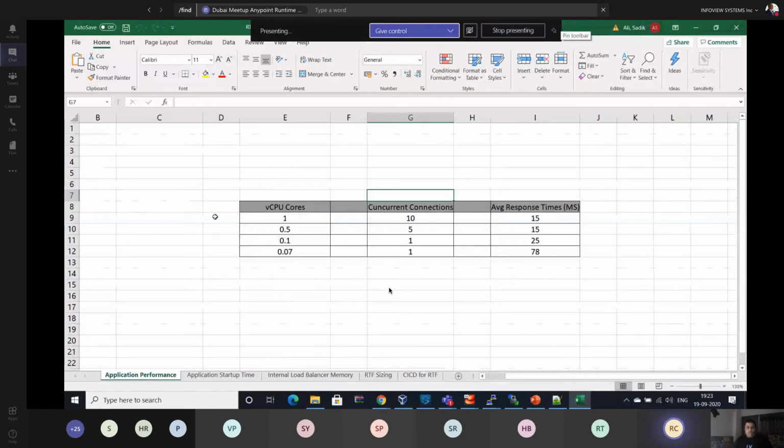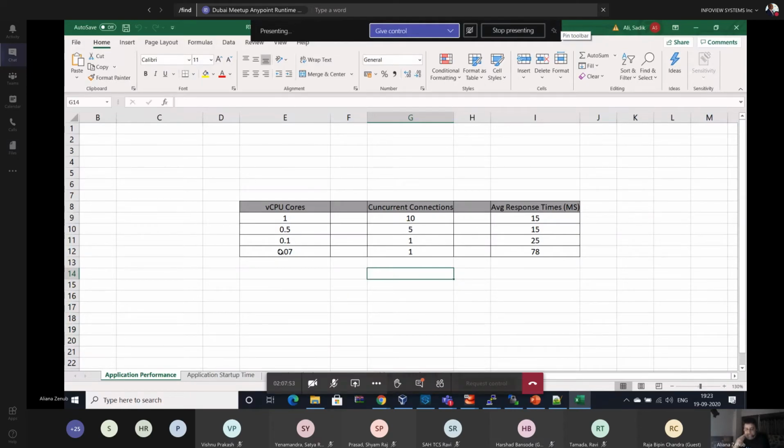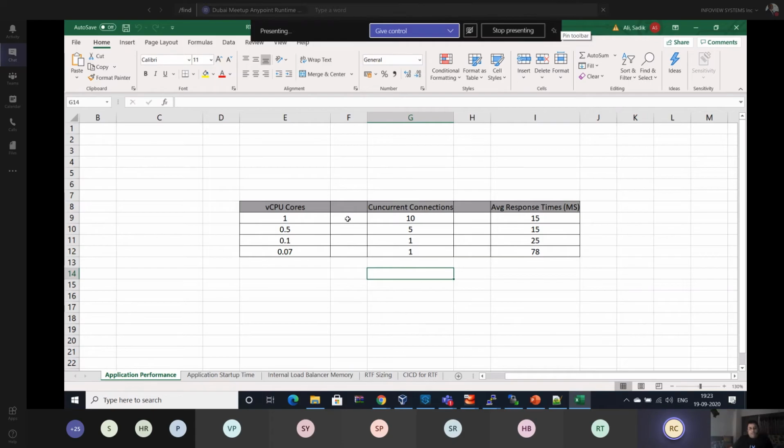And the last point I want to mention before closing. Whenever we are performing the sizing, these are the recommended points shared by MuleSoft. So I want to share them here. When we are planning or designing Runtime Fabric to deploy our platform, we need to take care of a couple of things.